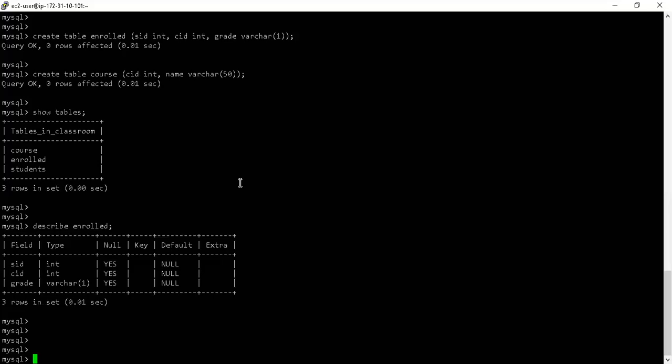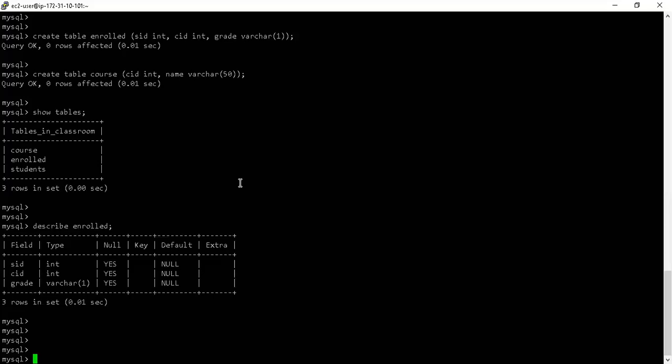But in one shot, I want to insert some data, I want to load some data, clear cut. The data that I want to load can be done in two ways: insert and update. So this is the main thing that I'm going to do. Let's insert some data into student, followed by enrolled, and followed by course. Or maybe we'll start with student, then go to course, followed by enrolled. So how do I insert the data? And even more important, how do I look at the data which is already there in the table?